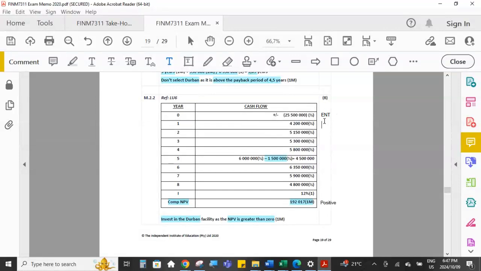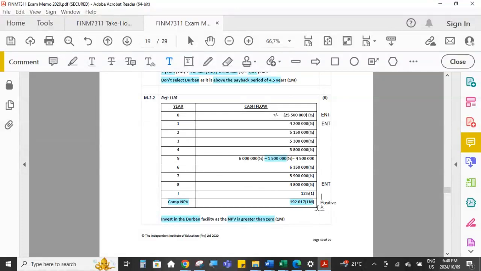Then you go right ahead and type in your calculator 4.2 million and again press the enter button. So you do that with all of these cash flows. Type in the amount and press enter. If in any question, sometimes they'll have a negative cash flow in the middle of all of the years, then you would just enter that as a negative figure as well. And then when you get to the end and you have entered your last rand value,